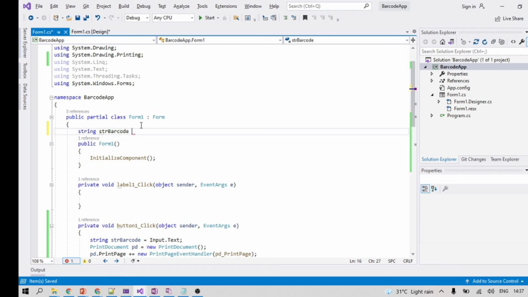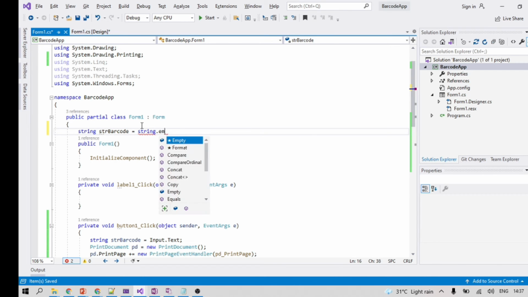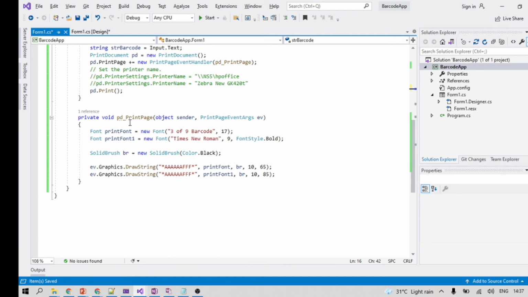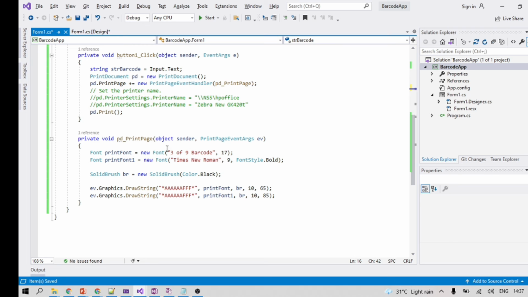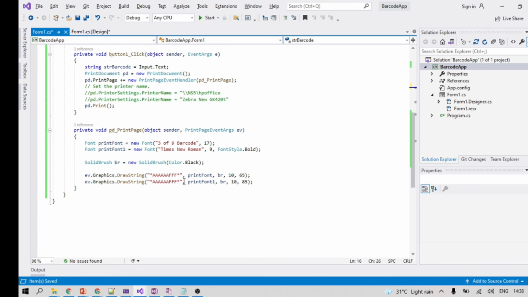Str barcode equals string dot empty. So str barcode, and we are calling this method, giving this str barcode control here.